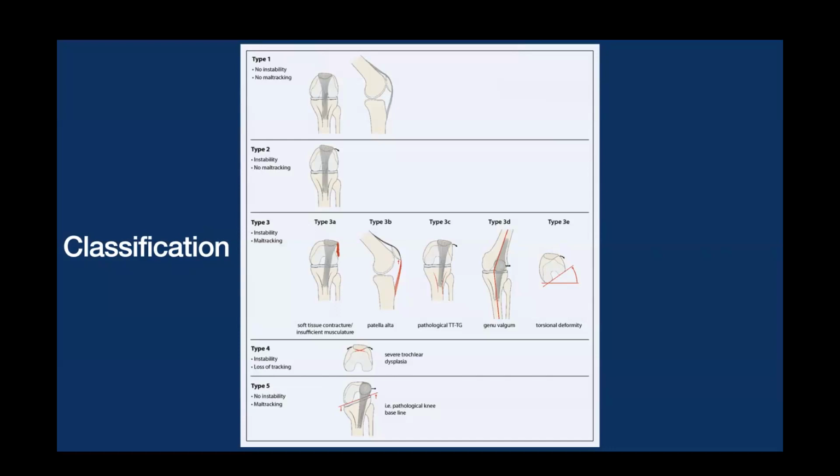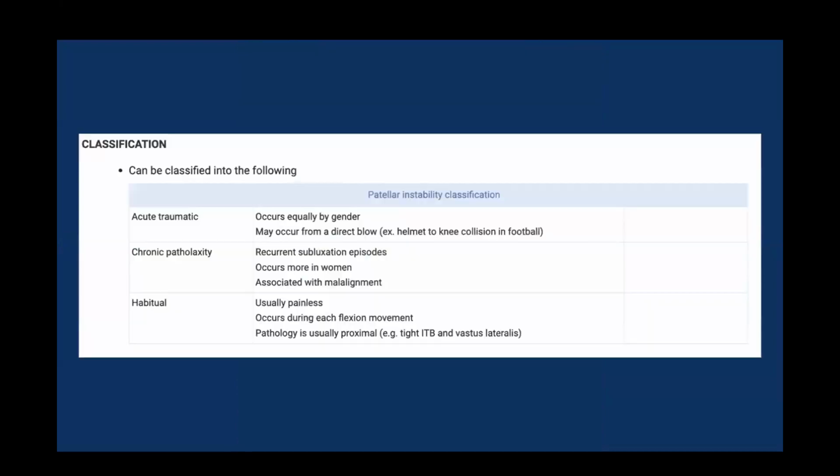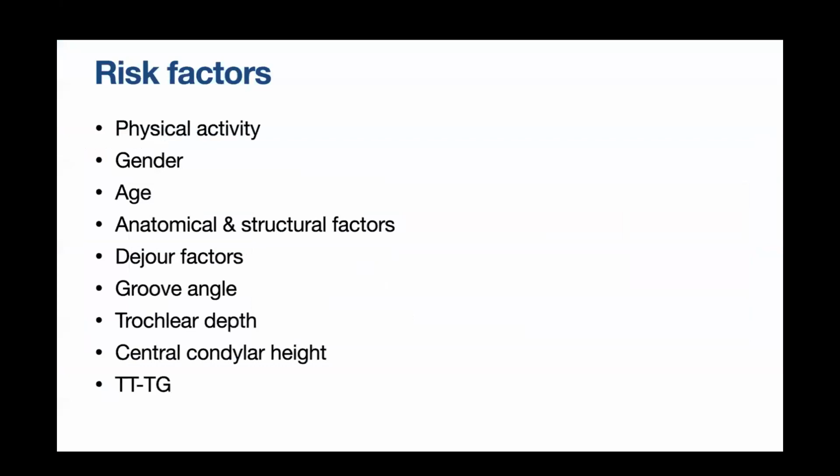3D is genu valgum associated, and 3E will have a torsional deformity. Type 4 is instability and loss of tracking. Type 5 has no instability but maltracking. It can also be classified as acute, chronic, and habitual, depending on the type and the number of subluxations or dislocations. Coming to the risk factors, major risk factors are listed here, including physical activity, gender, age, anatomical